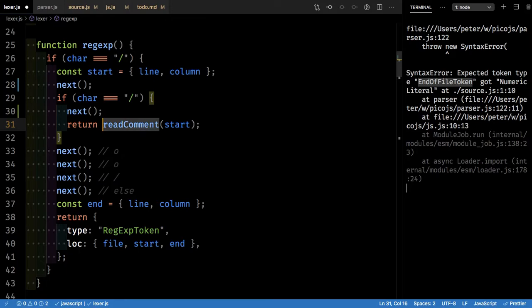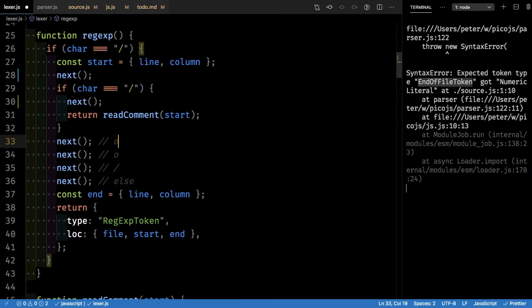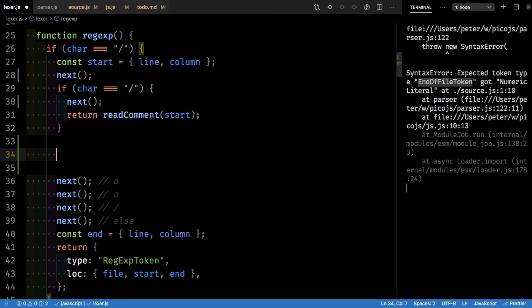Okay, but it still can be parsed out. It's just cooler to parse the slash out here. Then return it, then we don't care. Now we know that it wasn't a slash, and it definitely is a regular expression because we've got a hint from parser that this is a value position, and it is definitely not an operator. So that means that something happens here, and we need to do the next